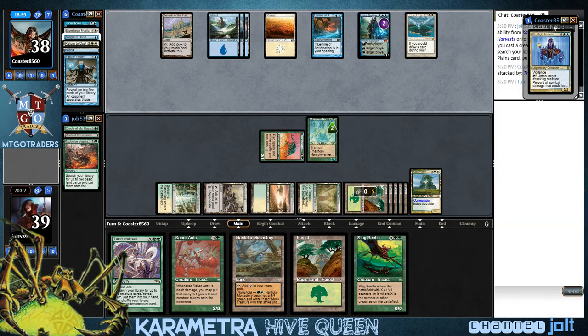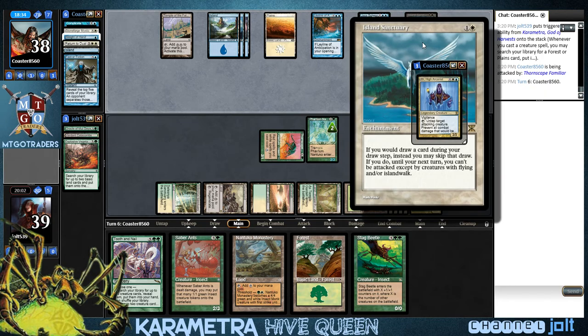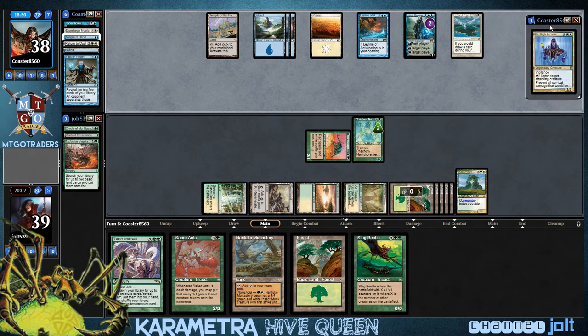And did he skip his draw step? I don't think he did. I think he drew a card. So we're looking at getting 2 Forests next turn, if we don't draw into anything good, because I want to build up as much mana as I can so we can get a Tooth and Nail and stick it down. Because we can also get into some...